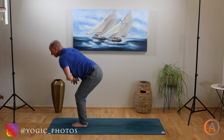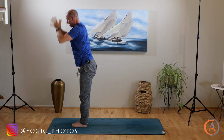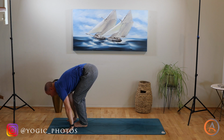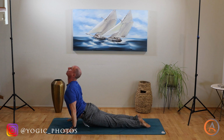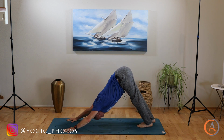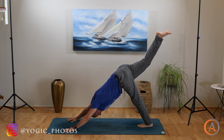Mountain pose, stand, reach, fold in, halfway lift, chaturanga, float it back. Inhale, upward dog, and we come to down dog. Beautiful work. I'd like you to take your right foot off the floor, lift it up, bring the knee to the chest,